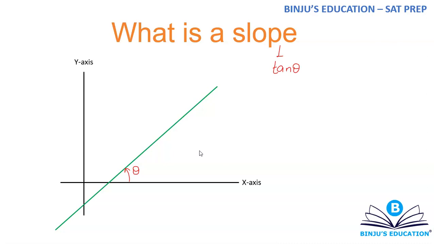Now the point here is that we do not recognize theta when it comes to coordinate geometry. When you talk about coordinate geometry, we are more concerned with coordinate system, that is x coordinate, y coordinate, distance from x-axis, distance from y-axis, and so on and so forth. We do not deal with theta. So we need to find an alternate way of defining this tan of theta. What we decided was, we're going to take 2 points which lie on this line.